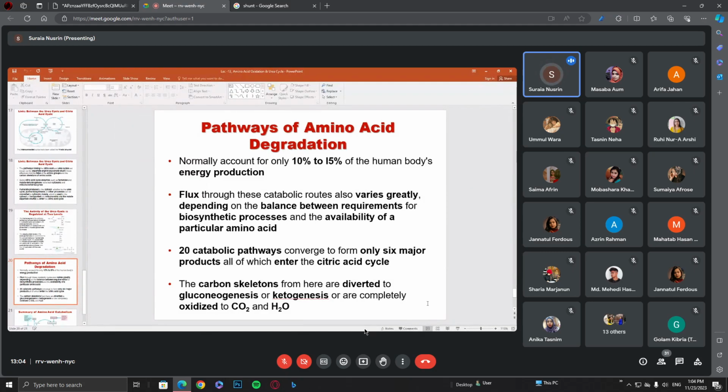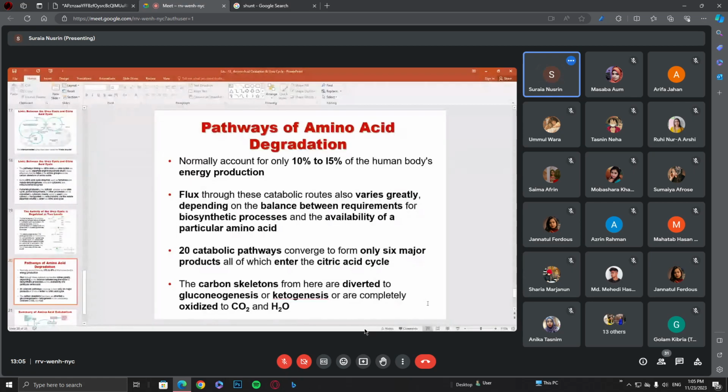তারপরে আরো আমরা তো সাইট্রিক অ্যাসিড সাইকেলে কি শিখেছিলাম? If you remember, citric acid cycle is amphibolic. The intermediates of the citric acid cycle are used to synthesize other biomolecules, for example, glucose. So that means some of the amino acids are utilized to synthesize glucose by gluconeogenesis, whereas others are utilized to synthesize ketone bodies by ketogenesis, and maybe others are oxidized completely, that is the catabolic phase of the TCA cycle. Carbon dioxide and water are produced.